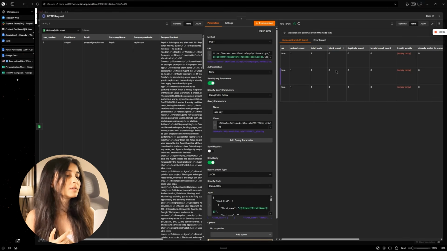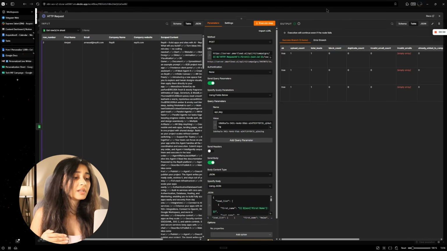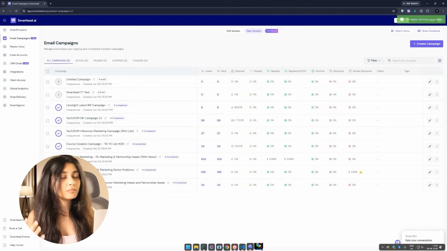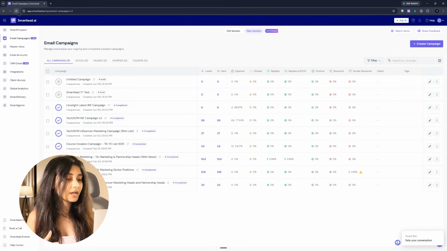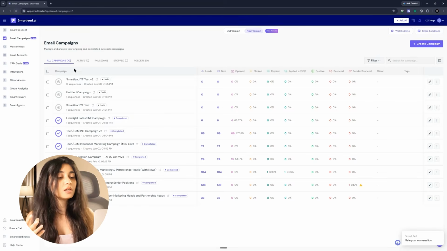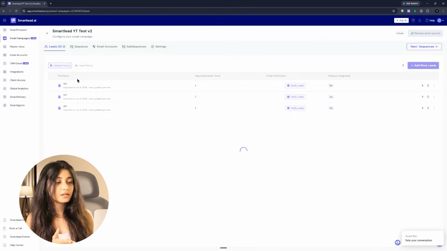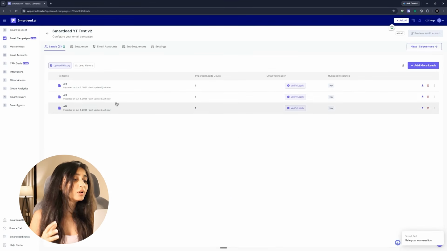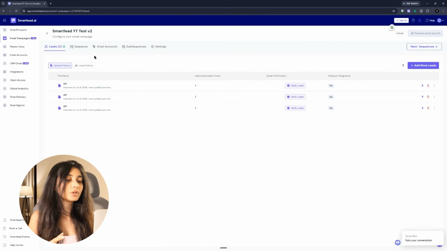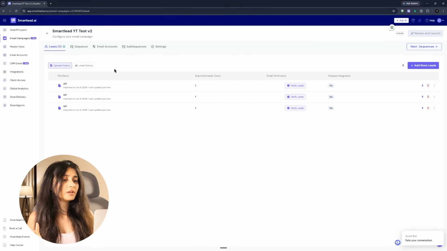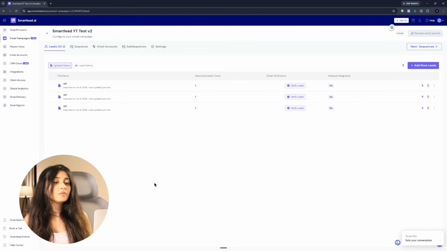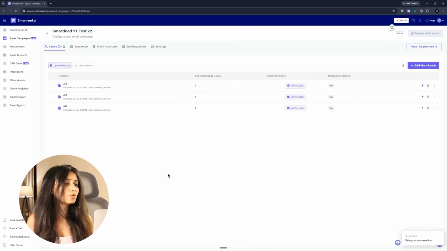The next line uses the time of the day variable, so it greets them based on when the email lands. The body references their job title and company name from the CSV. The CTA uses spin tags plus a dynamic date variable. So the suggested call date is always 2 days out and the wording rotates. 4 leads, 4 completely different emails, 1 campaign, 1 setup. If a prospect forwards my email to a coworker and the coworker is also on my list, they will see two completely different emails, different subject, different opener, and different CTA with a different suggested date. And that's what personalization at scale really means.